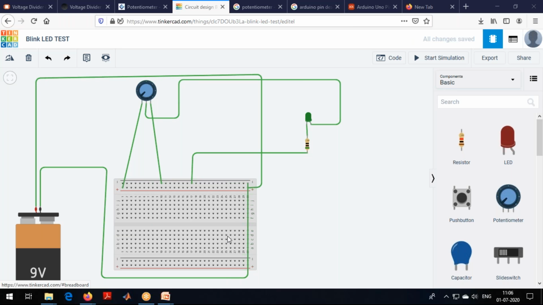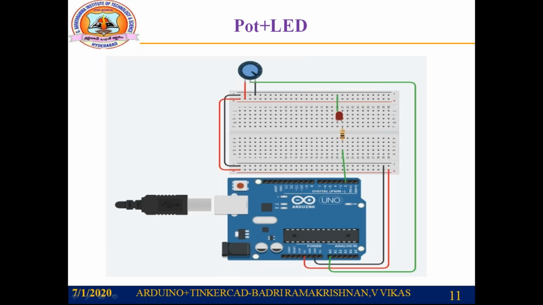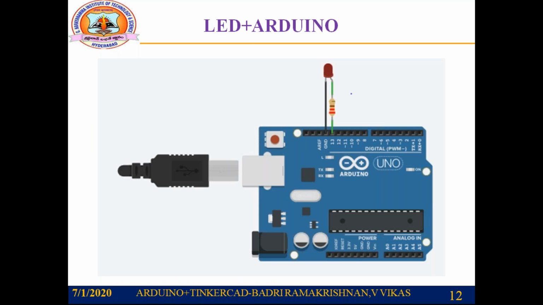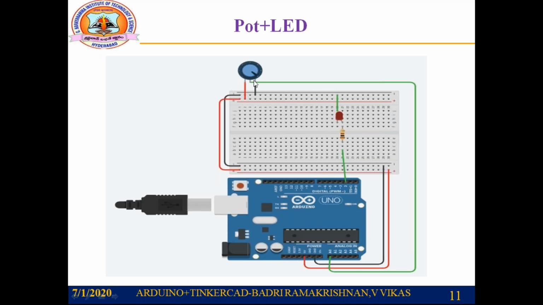Okay, we'll stop at this point. Tomorrow what we will do is, we will try connecting like this, and we will talk about the LDR, light dependent resistor. When I connect this potentiometer and give it to analog, how the values are converted into digital, all those things we will see in tomorrow's class. Do you have any doubts?